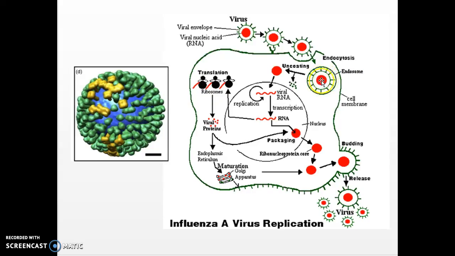For this virus to multiply, it must escape from the surrounding membranes. That process is called uncoating. And then this virus is ready to multiply. As usual, DNA is copied, replicated, and together